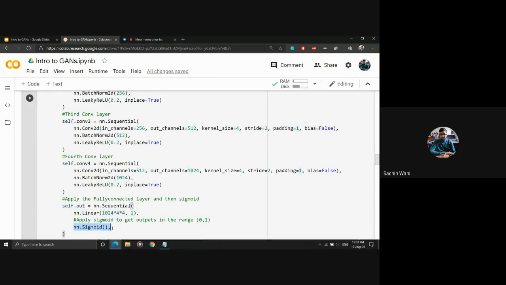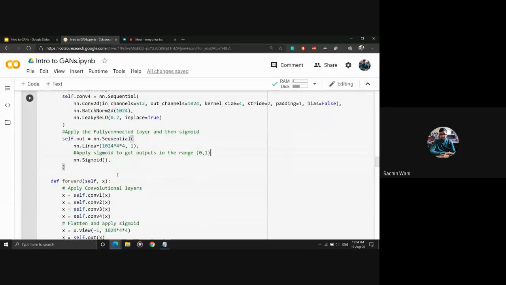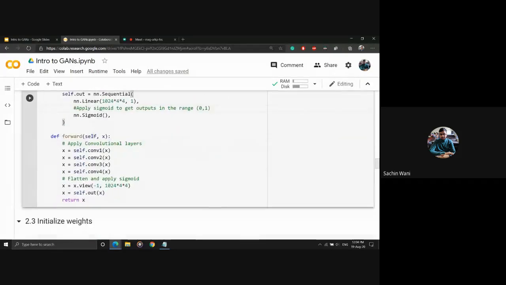And then we will apply a sigmoid function to get our outputs in the range of 0 to 1, so that if the value is close to 0, we will know that it is a fake image, and if it is close to 1, we will know that it is a real image according to the discriminator. So as before, we have just defined the functions here, and we will stack them using this forward function. We'll start with the first convolutional layer, second, third, and fourth, and then finally we will apply a sigmoid function to get the output between 0 and 1. So make sure that you run this cell as well,